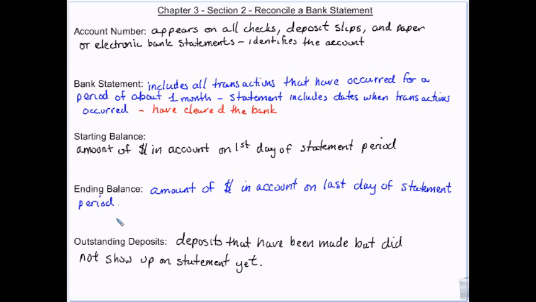So again, back when they did paper statements more, you used to get a statement in the mail. Does anybody get a bank statement in the mail? Okay. They mail them, if they run the statements on the 30th, they mail them on the 1st. Well, if you made a deposit on the 1st, but they didn't mail them till the 1st, you won't get it till the 2nd or the 3rd, so your deposit won't show up on your statement yet. Or, even if you made a deposit on the 30th, but it didn't clear, so it might not show up. Those are outstanding deposits. So it's deposits you know that you've made, but they didn't show up on the statement.